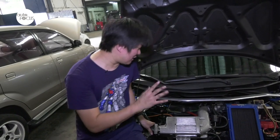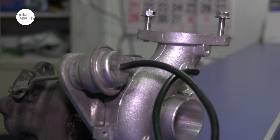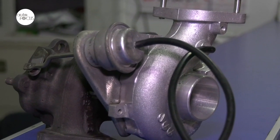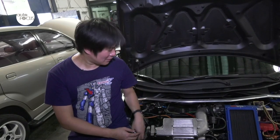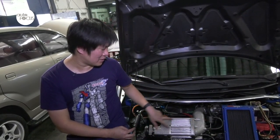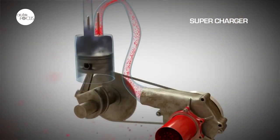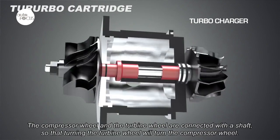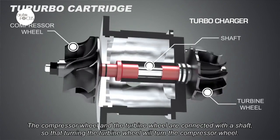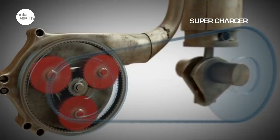The main difference between the supercharger and turbocharger is the hardware itself. Almost all turbochargers are two circular round things. Superchargers come in this rectangular package because inside here are two intermeshing lobes. They look like gears. So what they basically do is it's also an air pump. Goes like this, air goes in, gets forced out, creates pressure. Nothing different from a turbocharger in terms of principle of operation, but how it operates is one is belt driven,